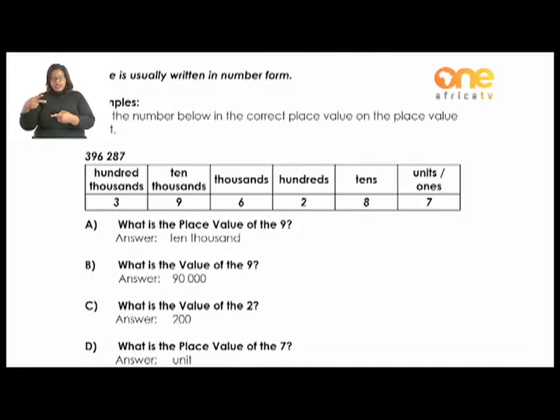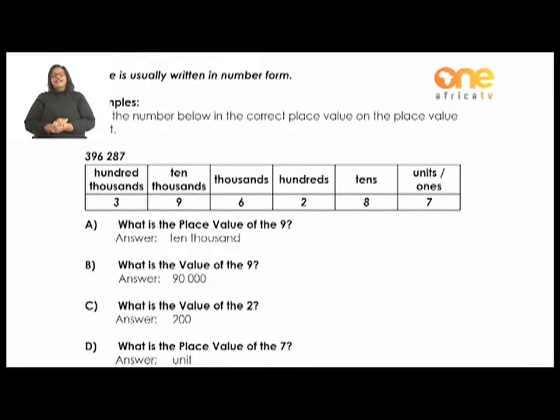We want to try one more example. My friend also wants to try one more example. Is that correct? Yes. So let's try. What is the place value of the 7? Here we hear the word place value again. So here we know we want to find out what place or position the 7 has. We go to our place value chart and we see the 7 is a unit or it is a 1. So the place value of the 7, you can either write it as units or you can write it as ones. Well done,